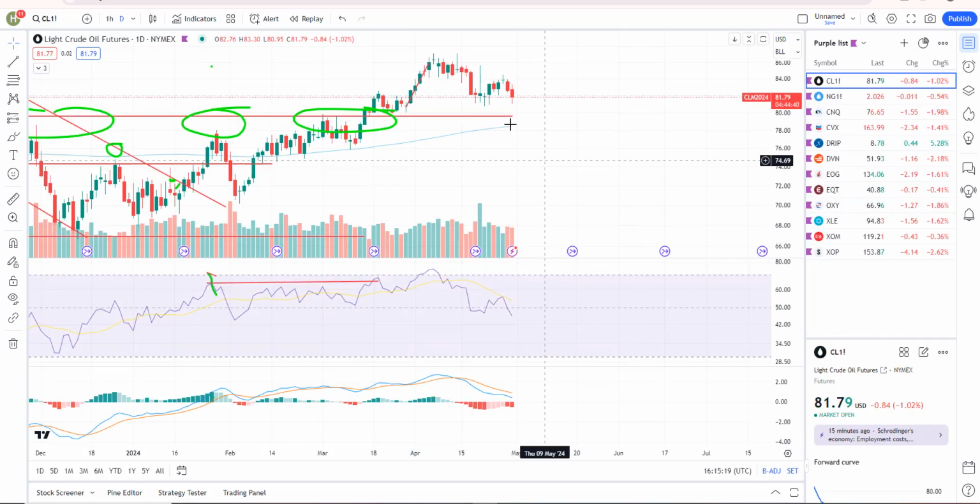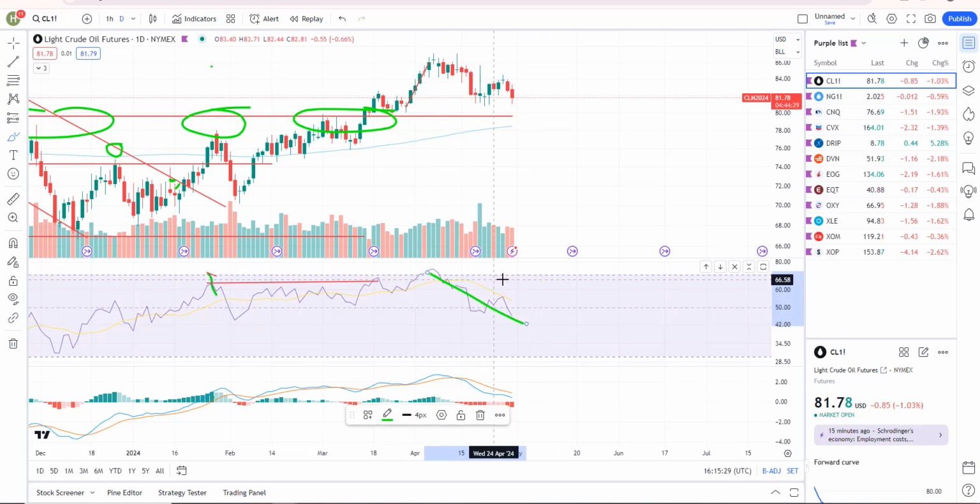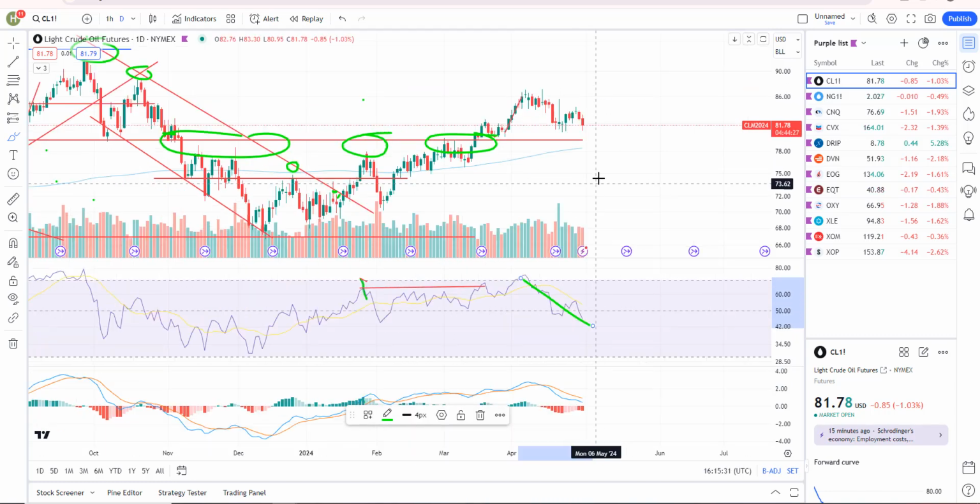Oil, here's oil futures. They don't look that weak. I mean, oil's pulling back. You can see it dropping in price, but momentum's dropping as well. So there's no negative divergence, just a pullback right now. So oil still, to me, looks like a buy the dip. We got support down here in oil futures at about 79.75 or so. Good, strong support down there. So that's all I see in oil.